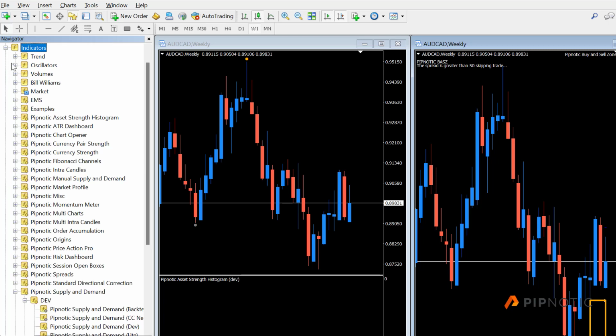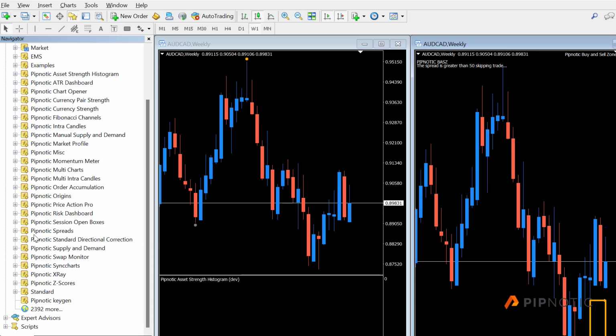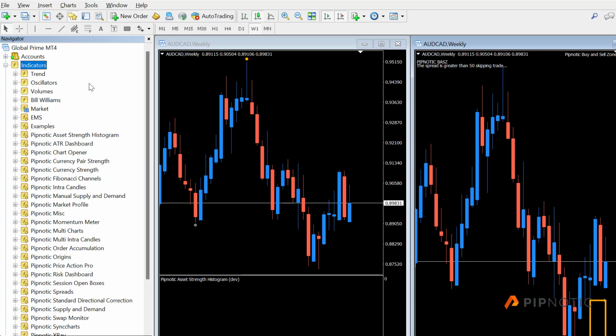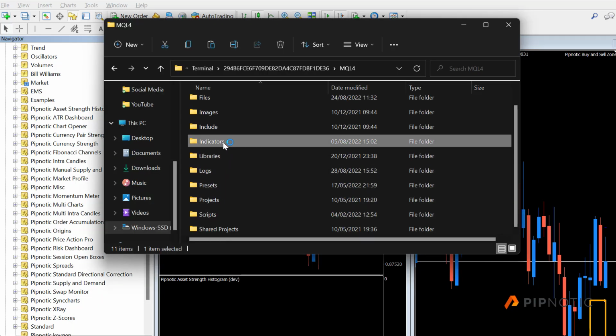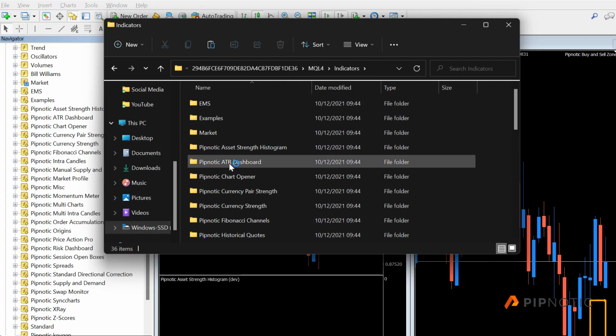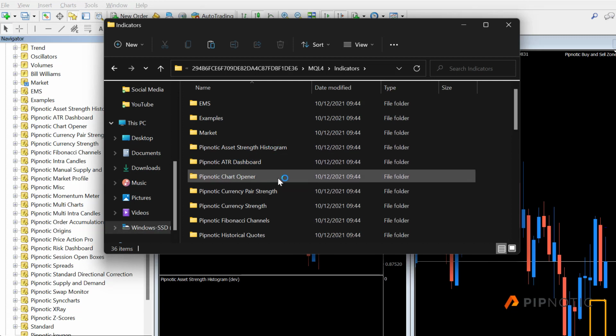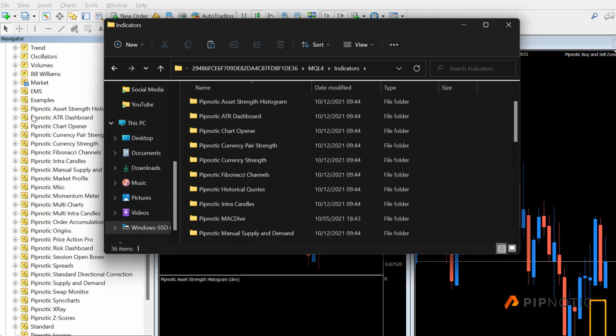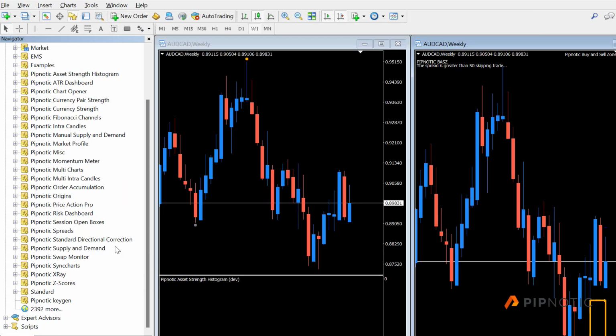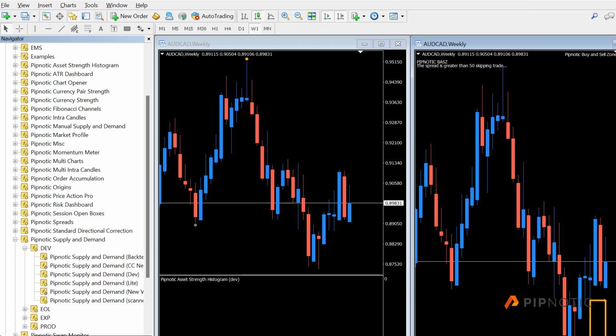So when we're here in indicators, you can see I have a ton of different pieces of software, but if we look at this for a second, we have a folder named Pipnotic Asset Strength, ATR Dashboard, Chart Opener, and whatnot. And if we go inside the indicators one, we're going to see all of these: Asset Strength Histogram, ATR Dashboard, Pipnotic Chart Opener, and you can see that all of the items that you see in the tree menu here correspond to the directories that you can see here. So this is simply a directory, nothing more than a directory. And if we go to the Pipnotic Supply and Demand, and we press on the plus, and we go back to the directory,